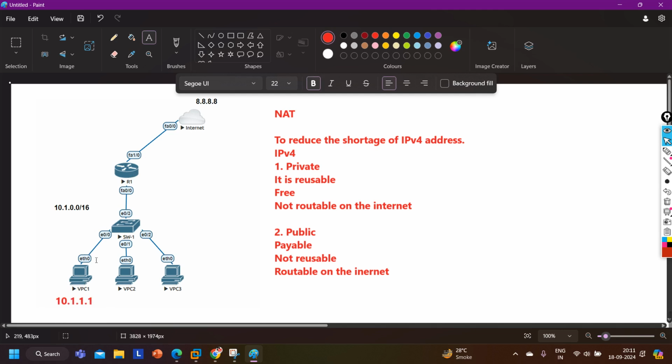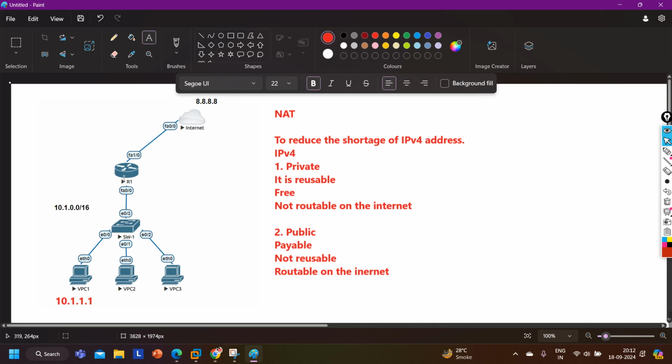Otherwise, guys, let's say 10.1.1.1 wants to ping 8.8.8.8. What will happen? It will forward traffic to the router. Router 1 will compare the destination IP address with its routing table. This is the default behavior of a router to forward traffic, right? Whenever a router receives traffic, how does it treat it? First it checks the destination MAC. If the destination MAC matches or is broadcast, then it checks layer 3 information, the destination IP address.